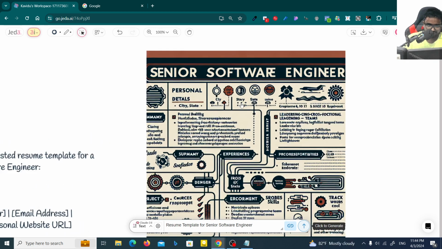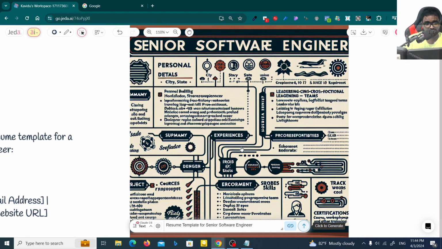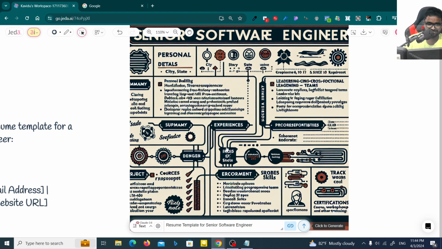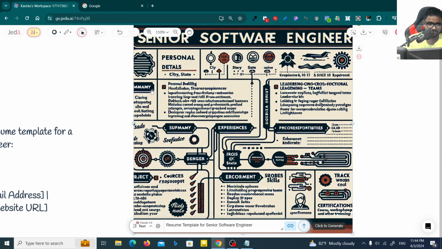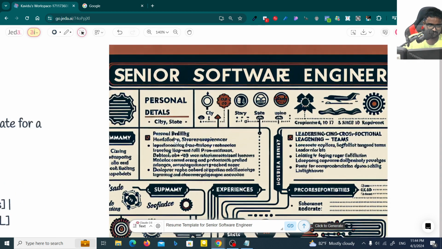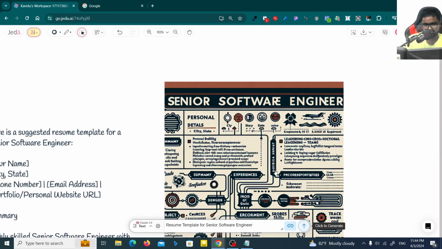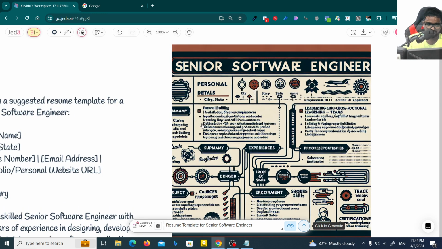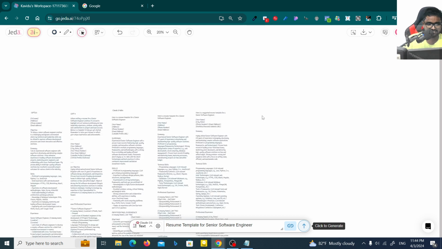By the way, this is the generated art. This is not better, but actually this is better. Not no. Actually, this is better because this is just an art, by the way. Okay, I just tried to get that thing out of the Jedi, but senior software engineer, personal details, you can store them, and personal, what is that? I don't know. And he's leading. Oh, actually it's not working with text, by the way. But however, I'm going to delete this,